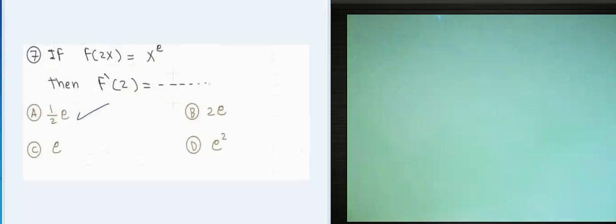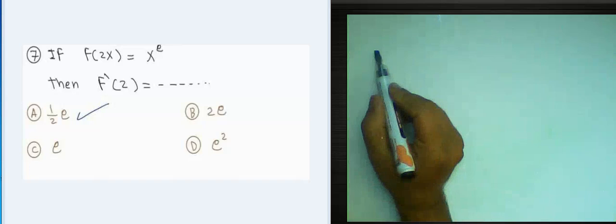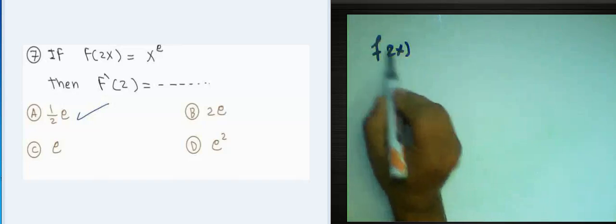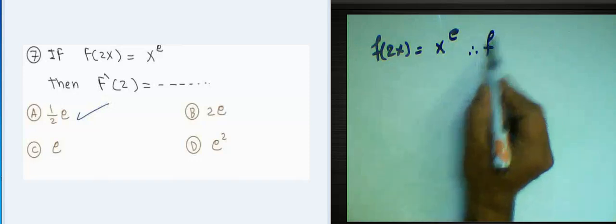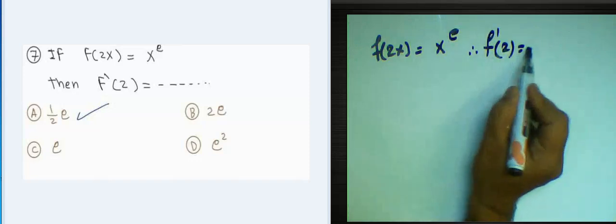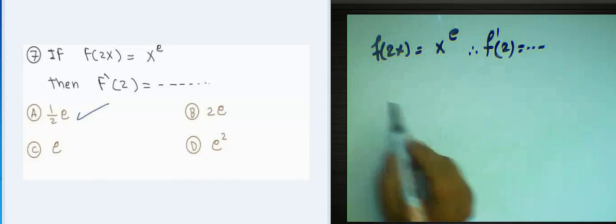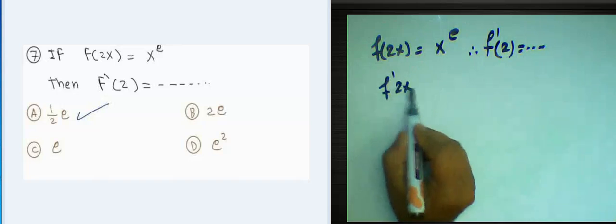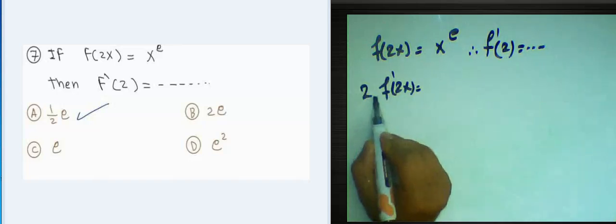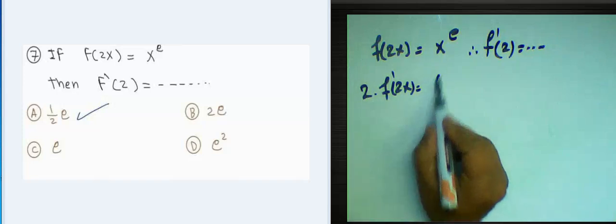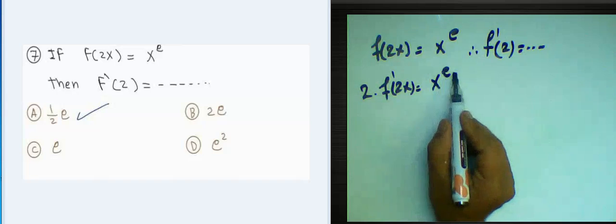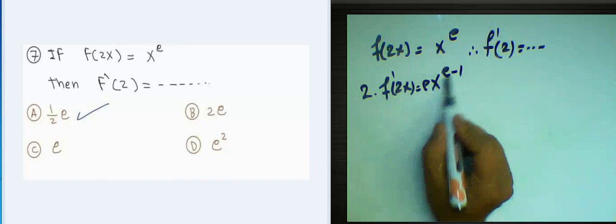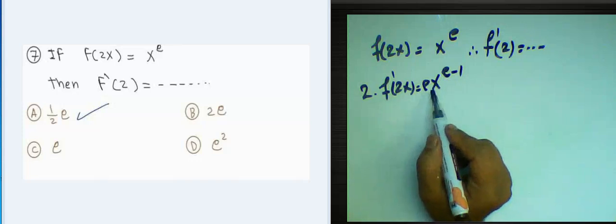Question 7. If f of 2x equal x power e, then f dash of 2 equal blank. We can find the derivative of this function: f dash of 2x, multiplied by 2, and the derivative of x power e, it will be x power e minus 1. We must drop the power here and subtract 1 from it. Okay,